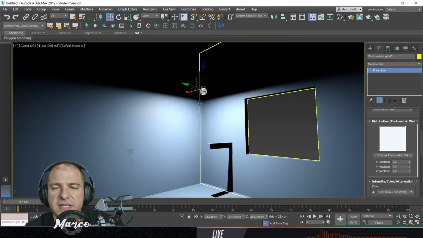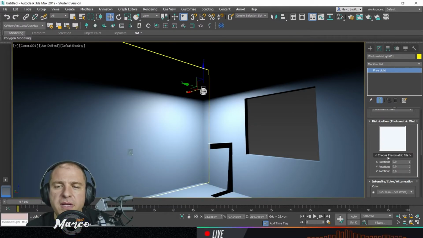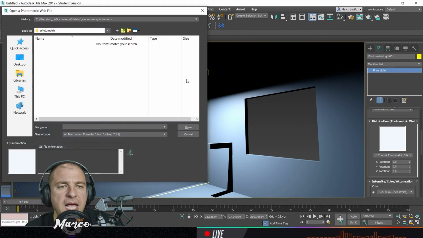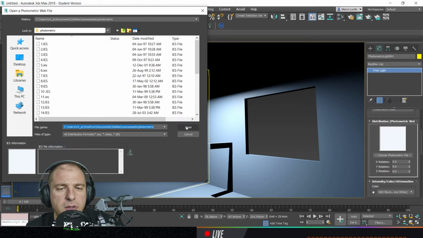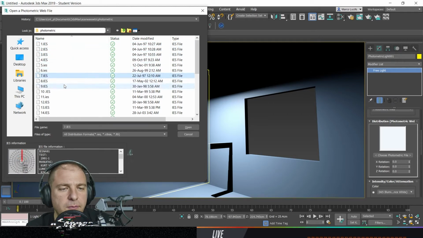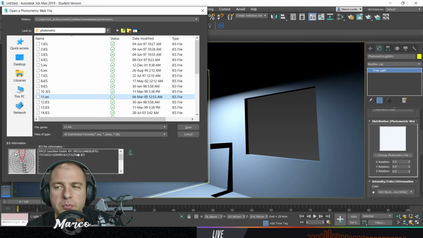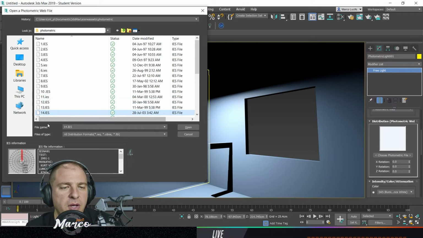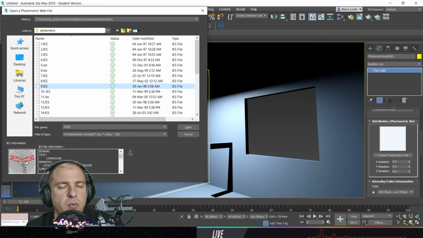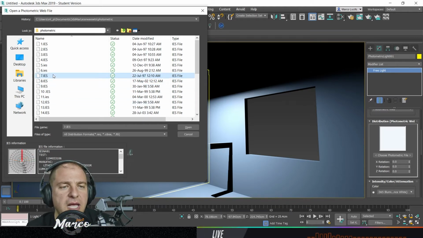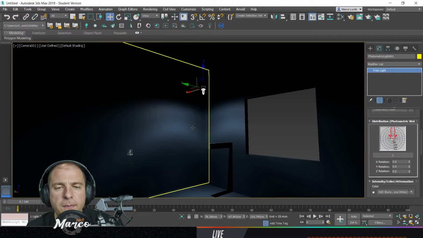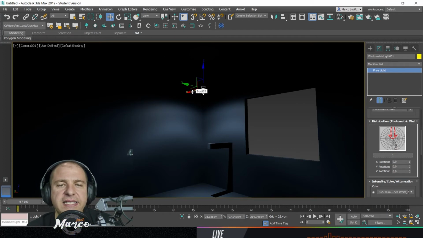And the way that they work is very simple: you choose photometric web, then you click the choose photometric file button, and then you go to the folder where you have downloaded those files, and by browsing them you will have a small preview of how the shape of light, that is the distribution properly, will look. So these will be very thin, these will be a little bit wider. For example, I've seen one interesting light here. Number 9 will be a light that won't be projected on the ground, but will go left and right. And by choosing these files, you click open,